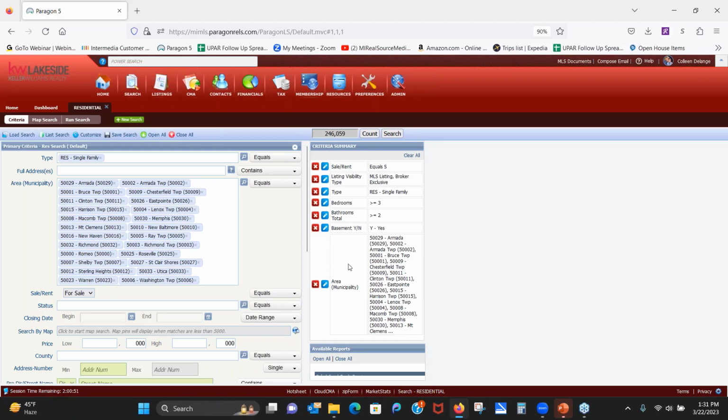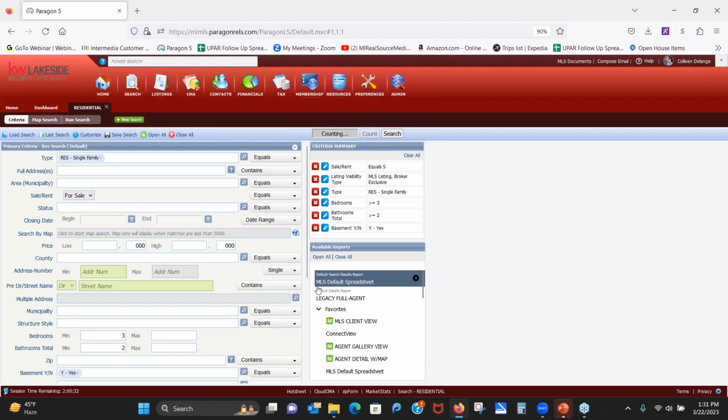Another quick tip is if you've made a mistake, you can actually see everything that you've entered right over here. This is also helpful if you're not getting any results. You can see, did I add something incorrectly? Is there a wrong area, something like that? You can see all of this in your criteria. So if I want to take this out, I can simply hit the X and I've removed all of those